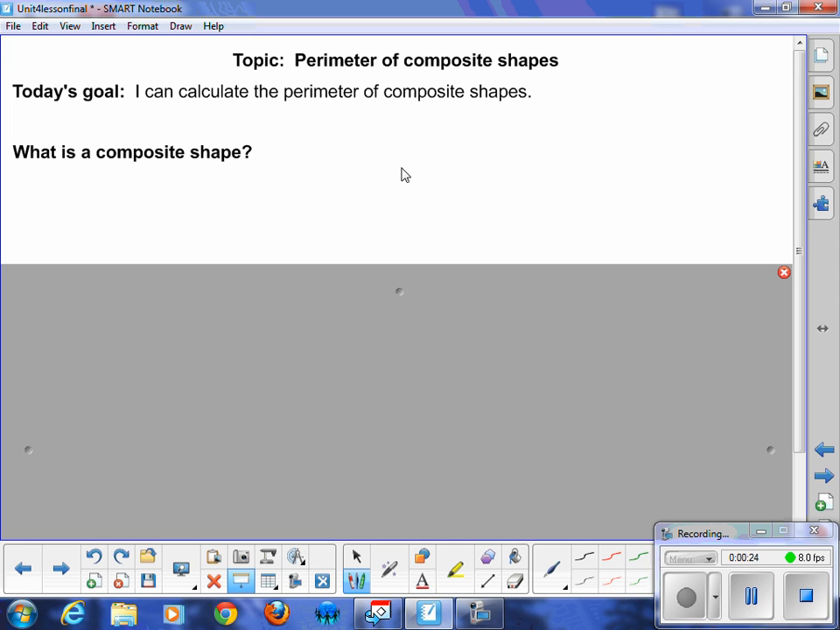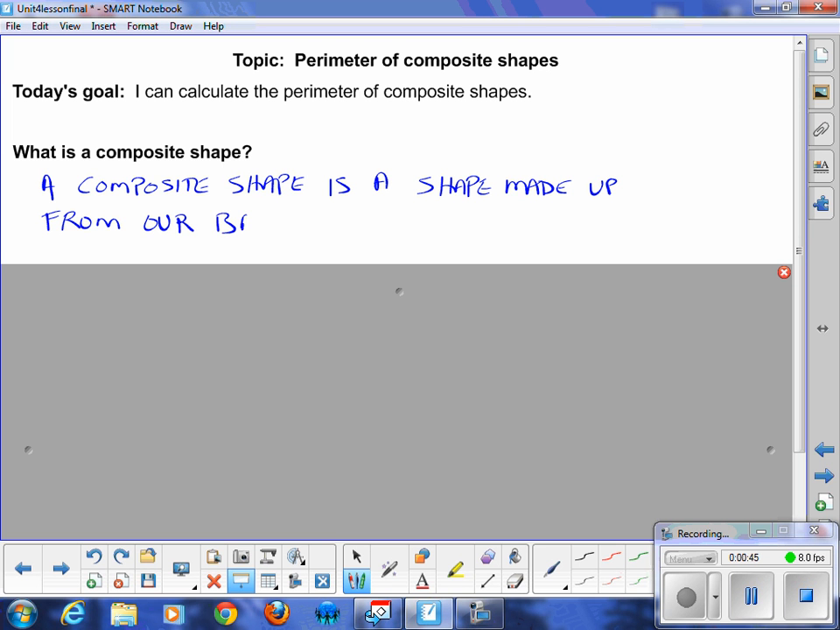So this is what a composite shape is. A composite shape is a shape made up from our basic shapes. All right. So an example, we could have a rectangle, and then we could construct a triangle on